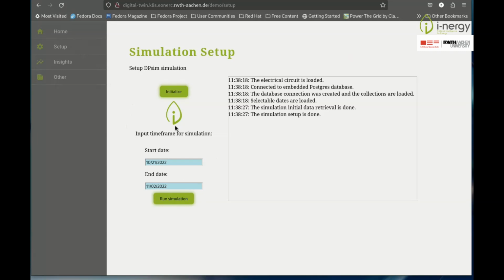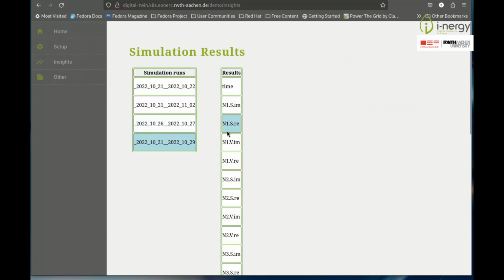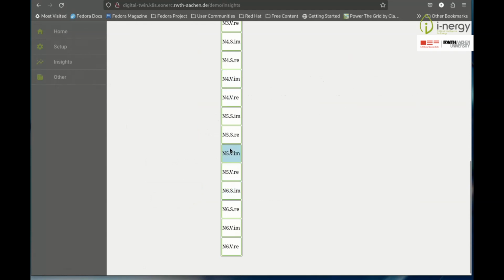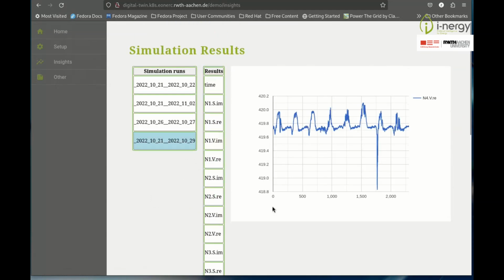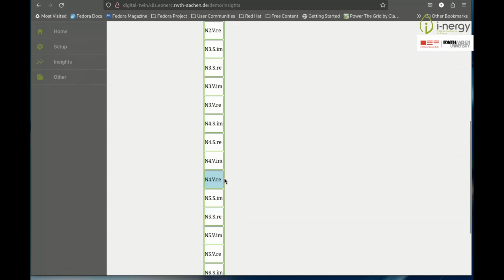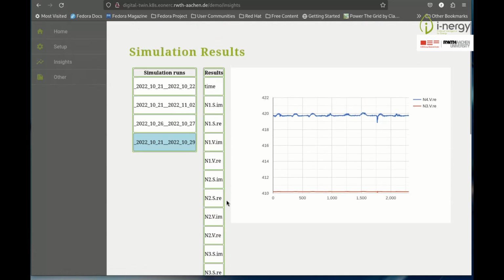The simulation setup is then done, and by pressing the button Run Simulation, it runs in the background on the server side. The user may need to wait depending on the time frame selected. Due to our time limitations in the demo video, we fast forward to a time where the simulation results are available, and we click on the Insights tab. We can now select our simulation timeframe and then the individual results and even combine them. This know-how can be used to further exploit the results of the projects in new digital